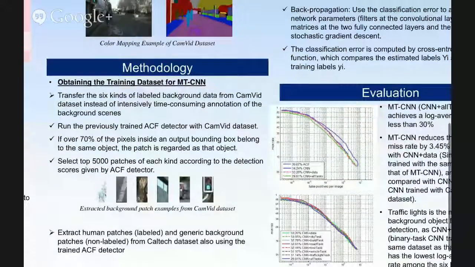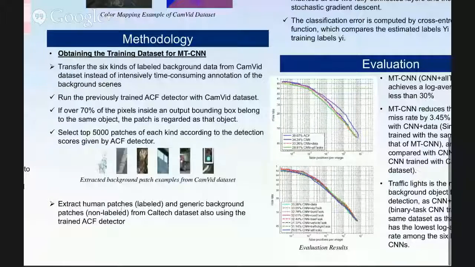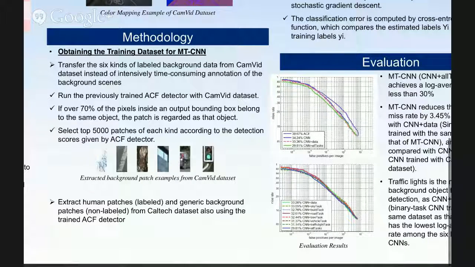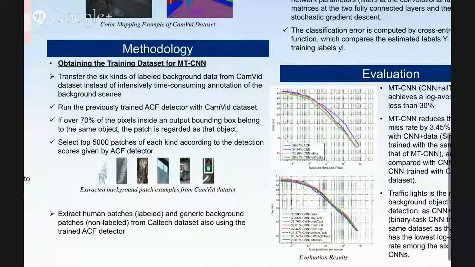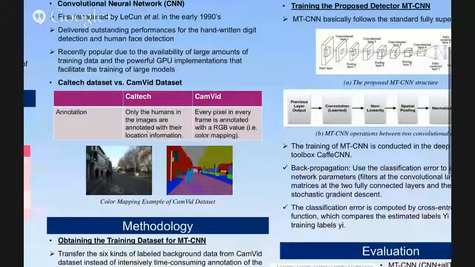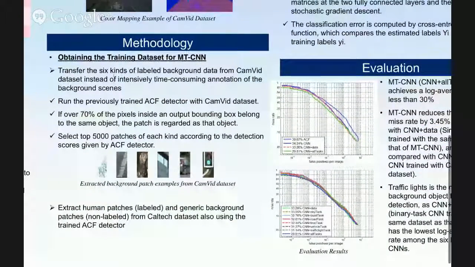The training data set for MTCNN actually consists of 2 parts. One part is the human patches and the generic background patches obtained from running the ACF detector on the Caltech dataset. We should notice that here the background patches are non-labeled, since in the Caltech dataset only the humans in the images are annotated. And then we transfer the 6 kinds of